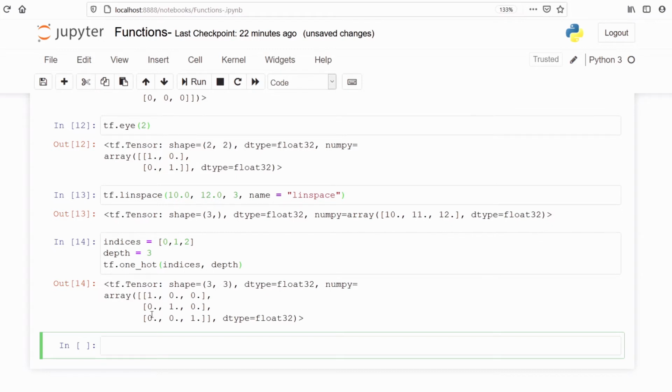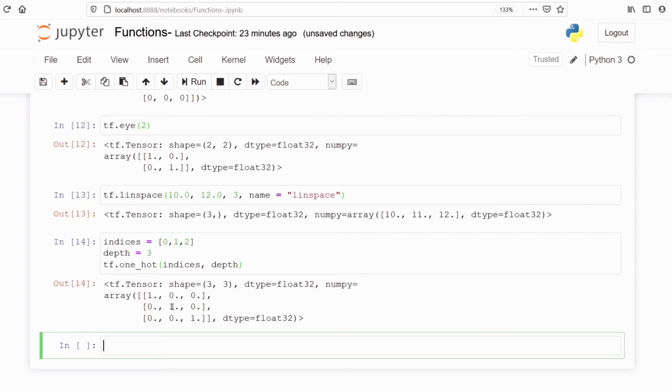Now what it is representing is, first the number is 0. So we got 1 because 0 is present and it is the first number. All these other values will be 0 because we are not considering 1 and 2. In the second row, we are considering only number 1.